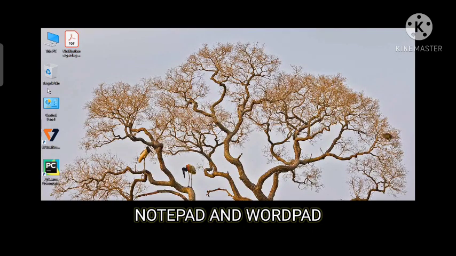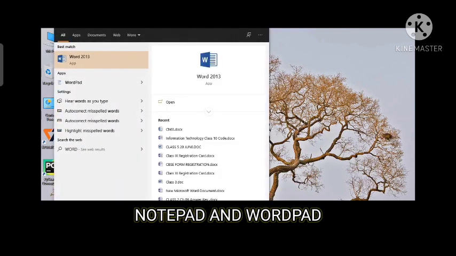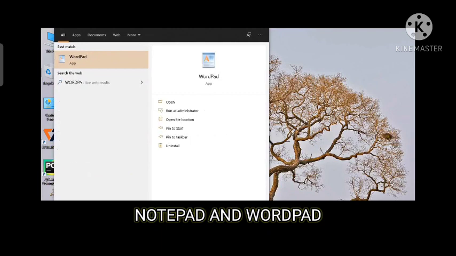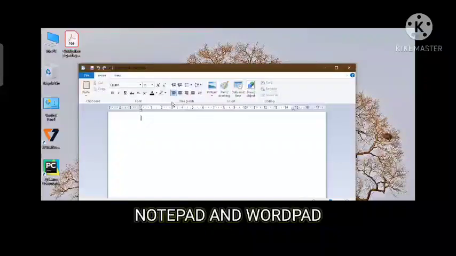So now how will you open this WordPad? To start the WordPad, you will click on the start button, all programs, then accessories, and then you will click on the WordPad. In this way the WordPad window will open, or it will appear on the screen. See, this one is the WordPad. You will click on that and open it. Once this window is open, we will see various parts of the WordPad window.